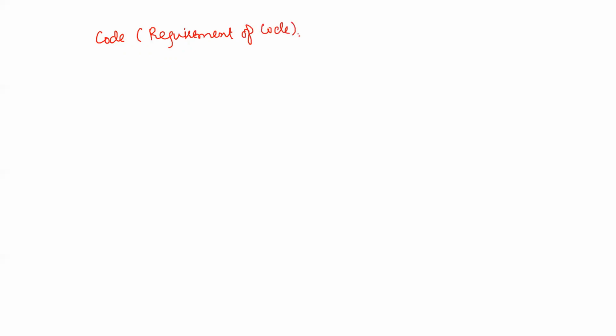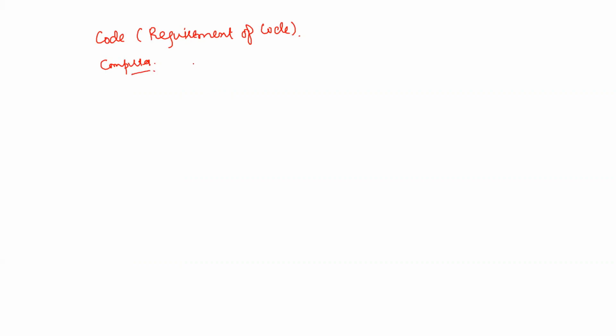What is the requirement of code? That's important. So code is we want to hide some information, and we want something to be safe, something to be convenient. So then we try to convert it into a code. So code is a very good thing about your computer. Here we are having so many things being coded, decoded.